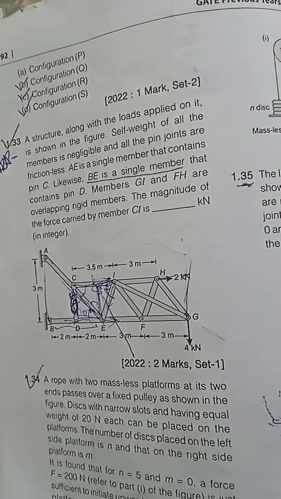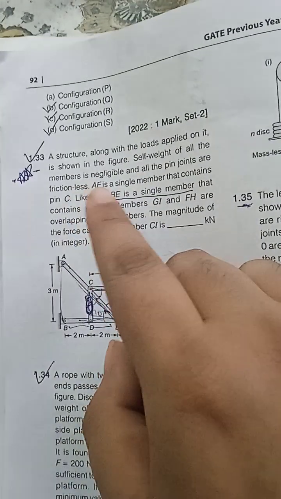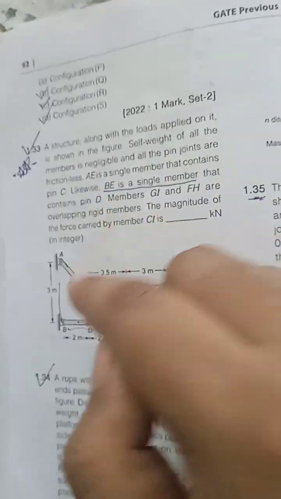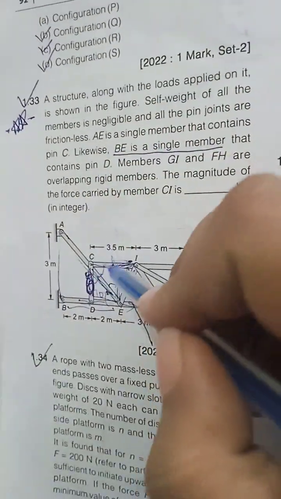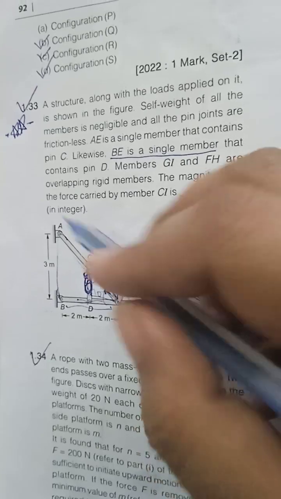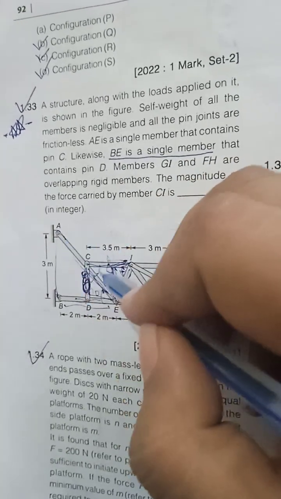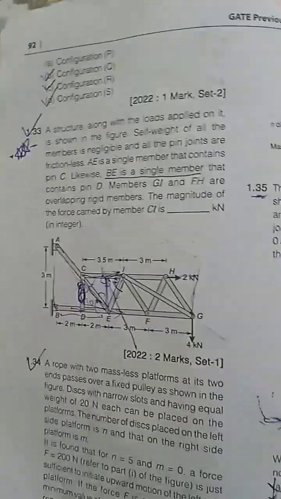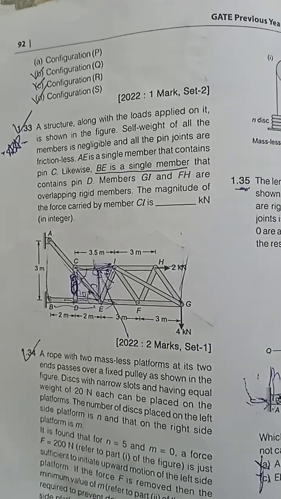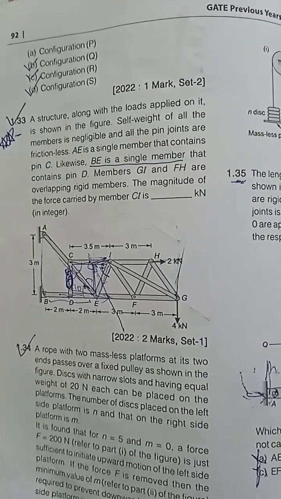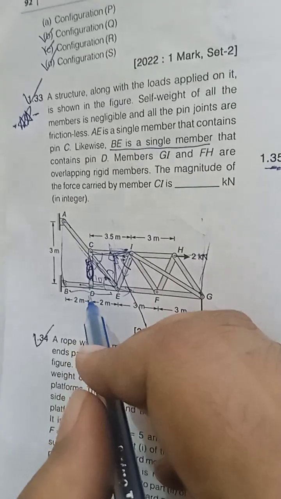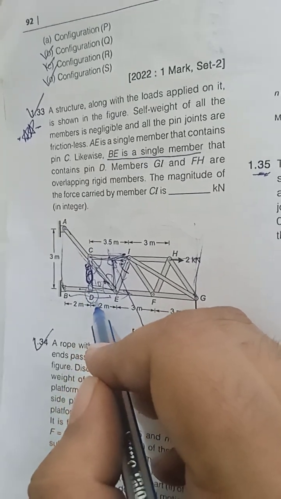So here the important thing is not the solving. The important thing is that AE is a single member that contains pin C. See, here's the problem: AE has a pin in the middle. Okay, just wait for a minute. You can try this question again because there is some problem in this question. Just see, the first zero force member we find,